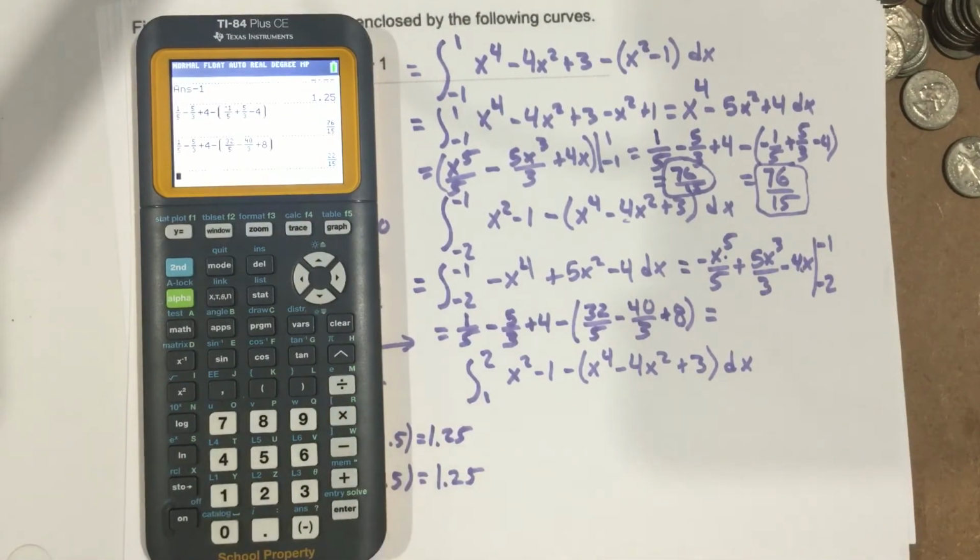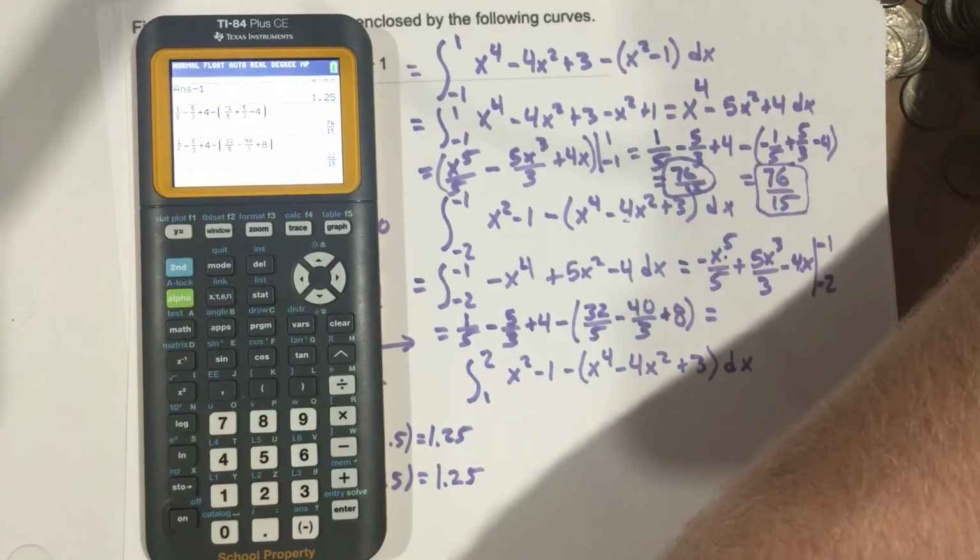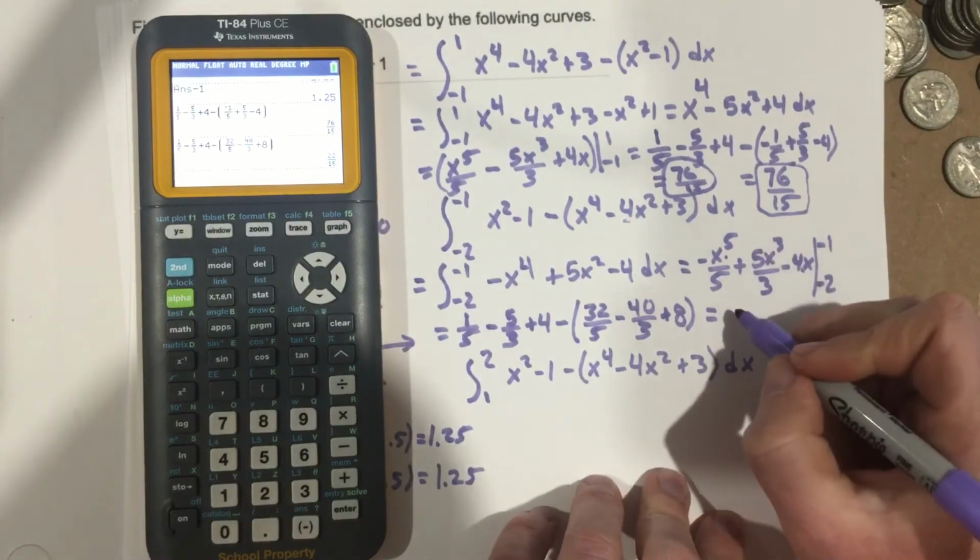That's 22 over 15. So we have 22 over 15